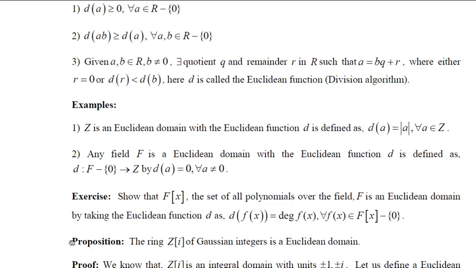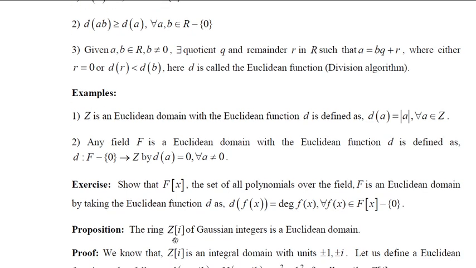Now, after this we are given a proposition. What it says: the ring Z of i of Gaussian integers is a Euclidean domain. What is Z of i? Z of i is the collection of all elements of the form a plus ib, where a and b are coming from Z. We know that Z of i is an integral domain, and the units of Z of i are plus or minus 1 and plus or minus i. To show that this is a Euclidean domain,